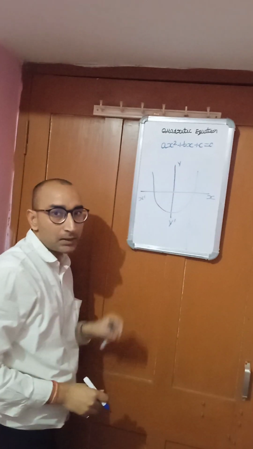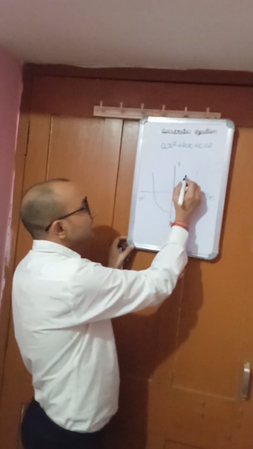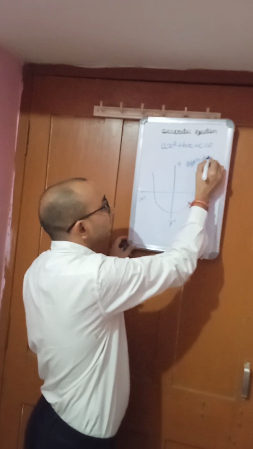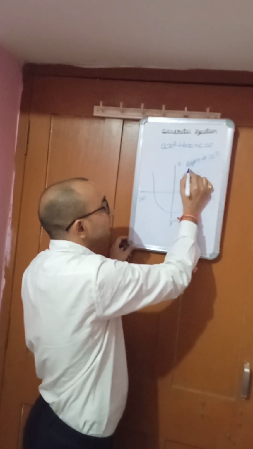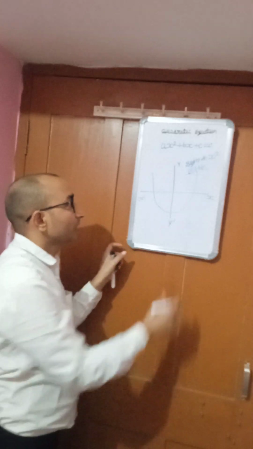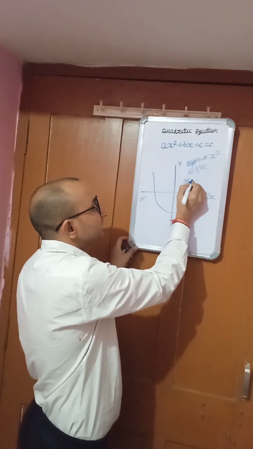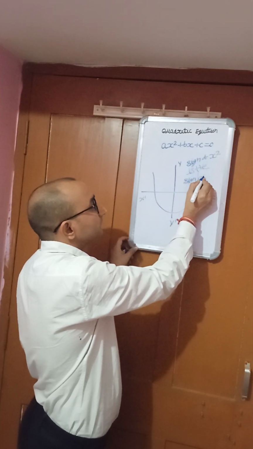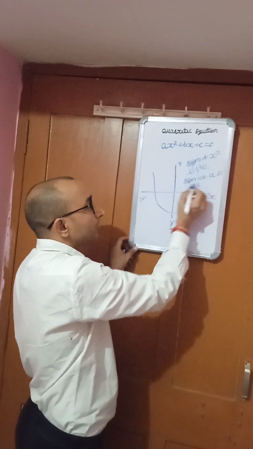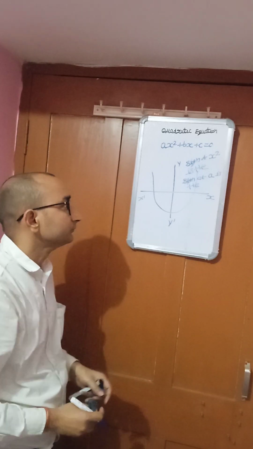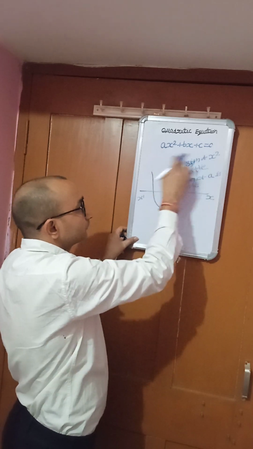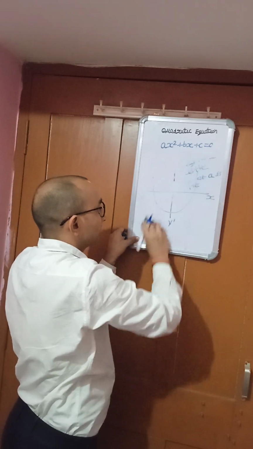If the parabola is an upward parabola, then the sign of x square is positive, or we can say the sign of a is positive. Okay. First condition,